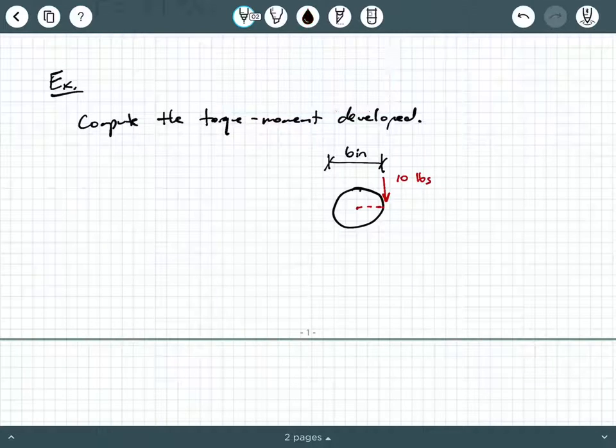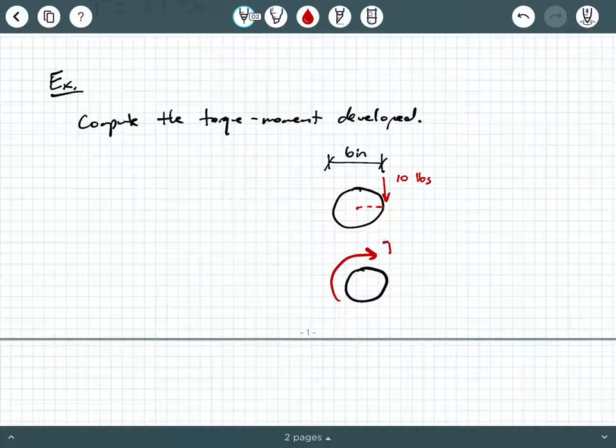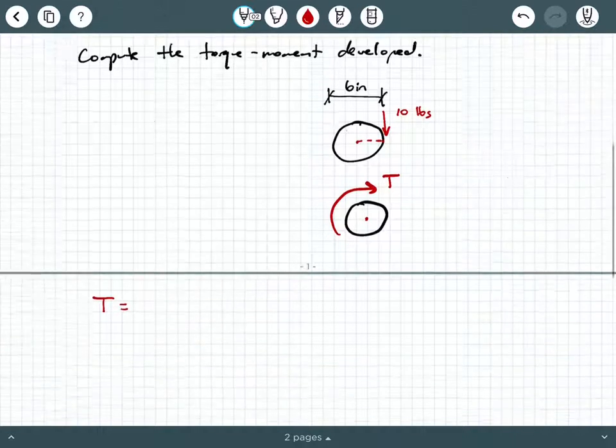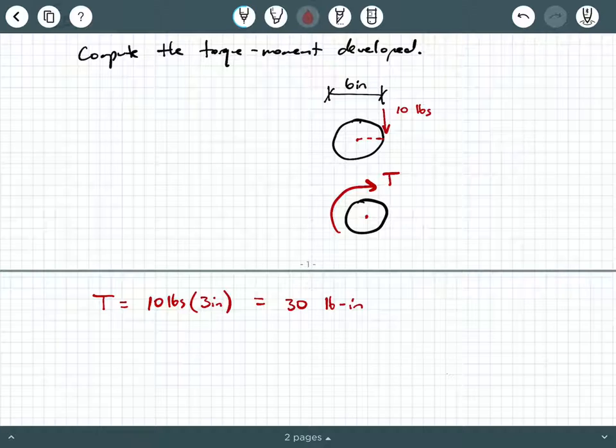Well, again, we can draw something like this, that is developing right here in this cross section. This torque is causing the cross section to want to twist. So what is that equal to? Well, that's going to be equal to the force, which is 10 pounds, times what? Times 6 inches? No, times the distance to the center of the shape, which would be 3 inches. So this would be 30 pound-inches of torque that's developed in this cross section due to this applied force at